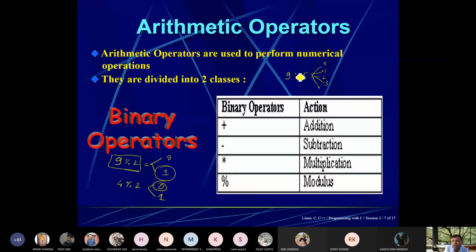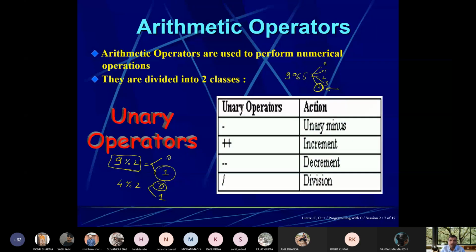If any number is given x, what is the answer? 5 ones are 5, and then the remainder is 4. So 5 zeros are 0, then this 4 will be your mod. This last remainder is known as modulus. Fine.